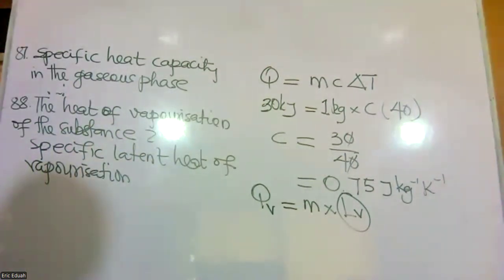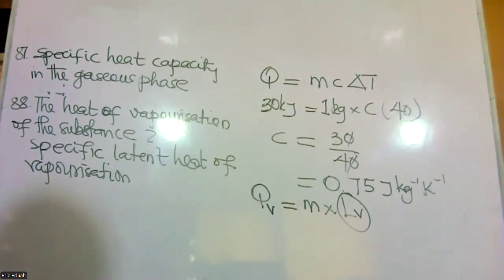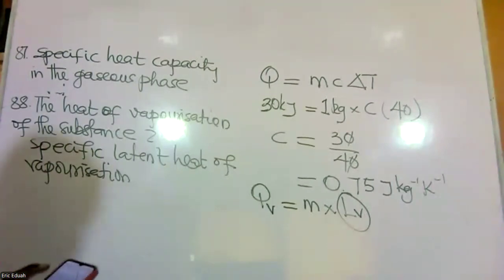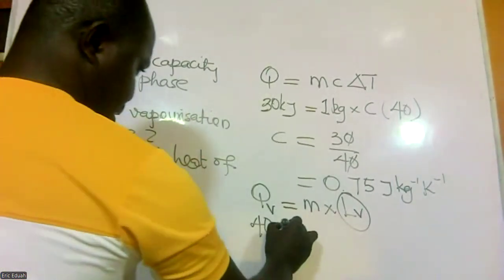Specific latent heat of vaporization. So from liquid at 70 kilojoules, by the time we get to 30 kilojoules, everything has turned to gaseous state or vapor. So if we are calculating for the energy, it must be 70 minus 30. 70 minus 30, which is 40 kilojoules, is equal to,